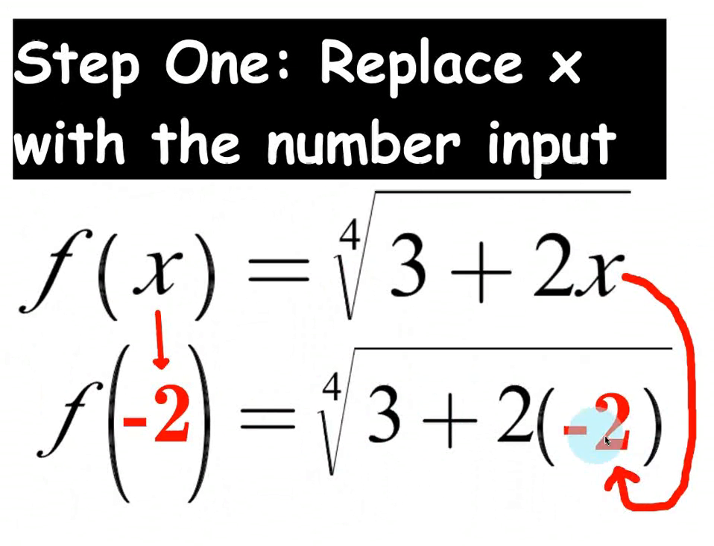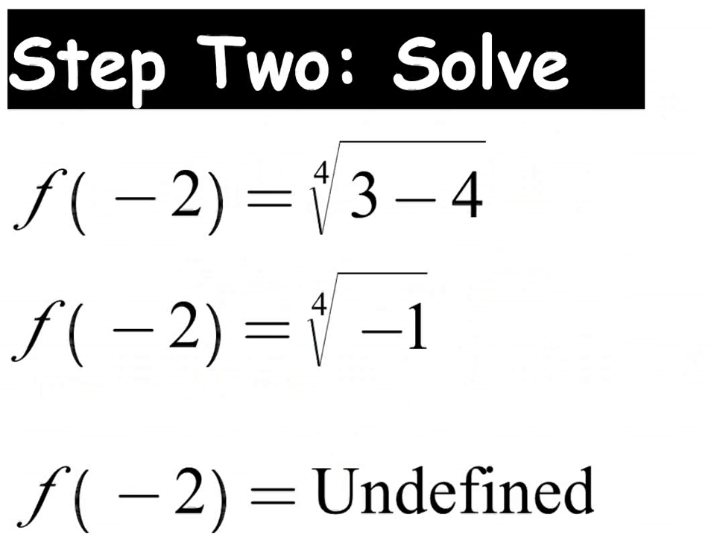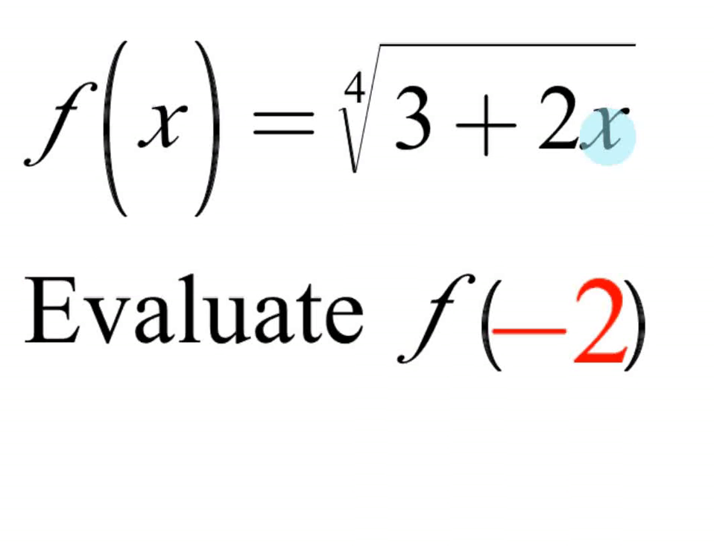So what's 2 times negative 2? Step 2 is to solve. 2 times negative 2 is minus 4. 3 minus 4 is negative 1. Well, what's the 4th root of negative 1? You can't take an even root of a negative number, and so therefore in this particular example, f of negative 2 is undefined. So sometimes when you're evaluating something and you plug it in, you might not get something back, and therefore